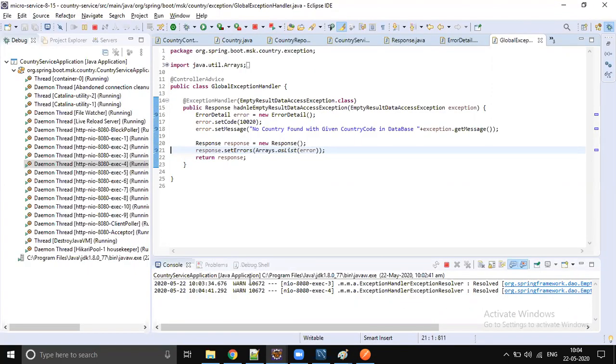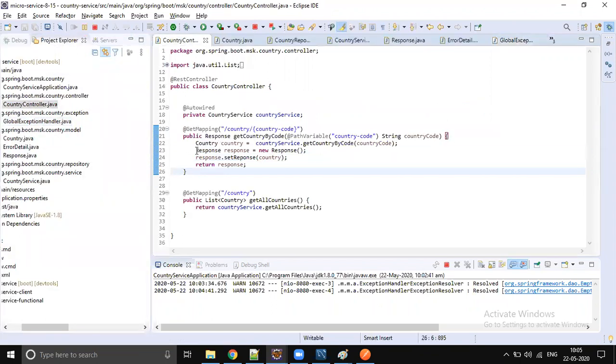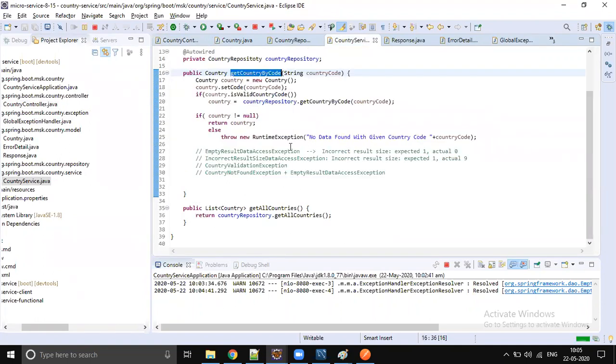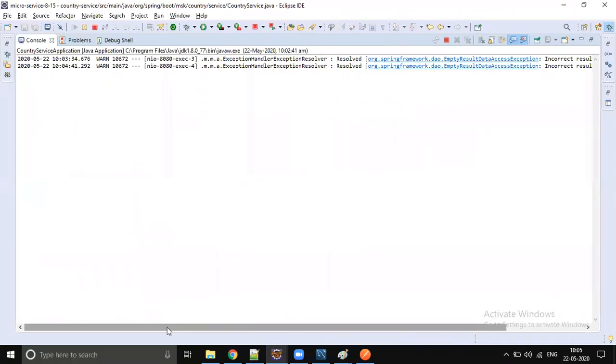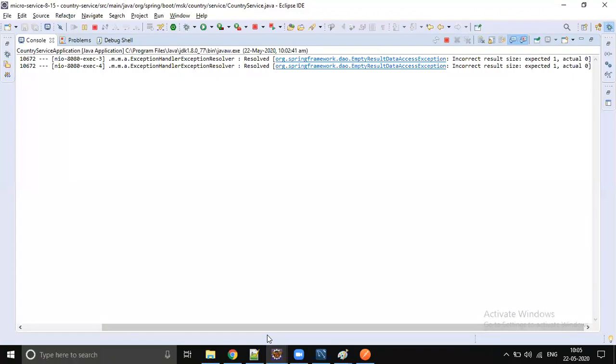Maybe it's not empty result exception. It is something else. Let's go to controller, service. Exception handler resolved. Incorrect size.